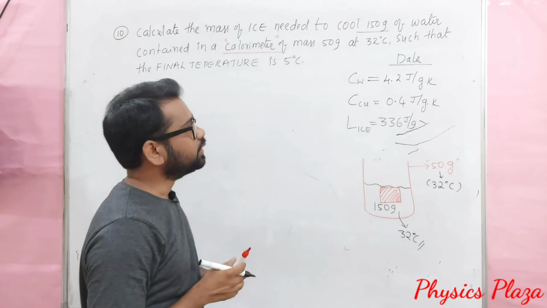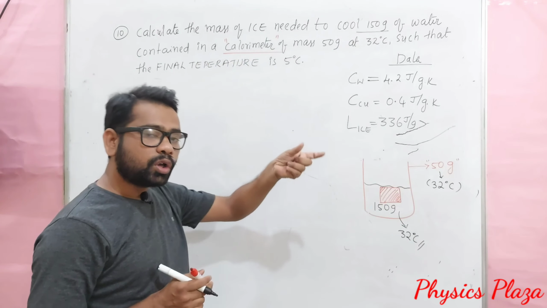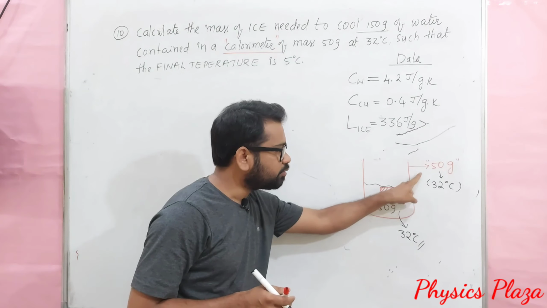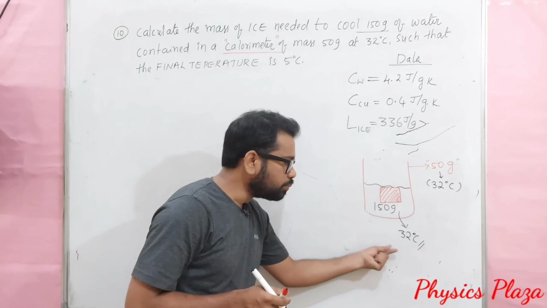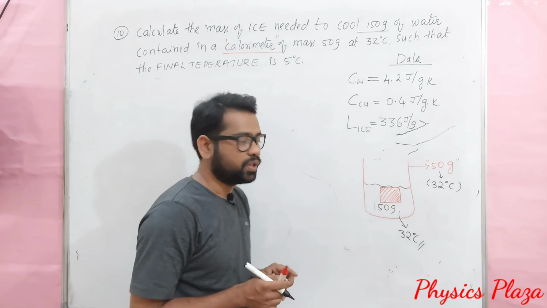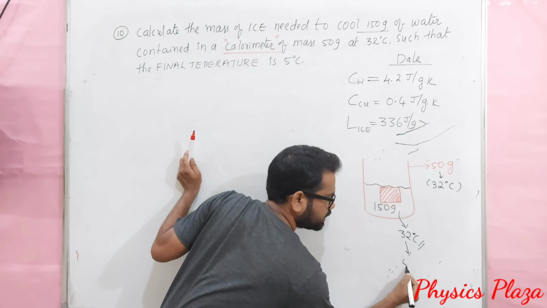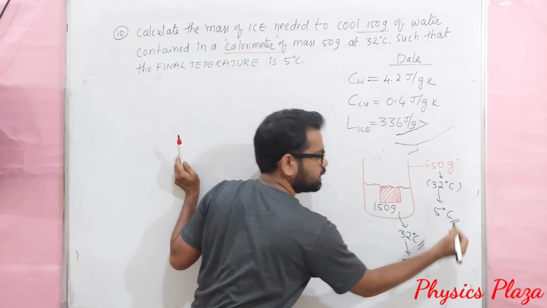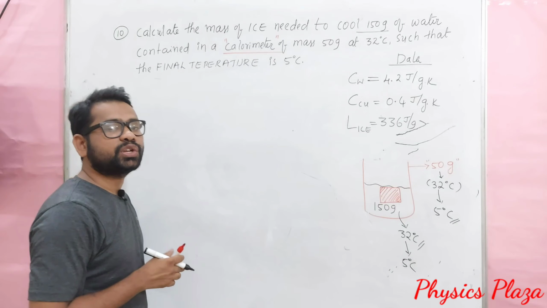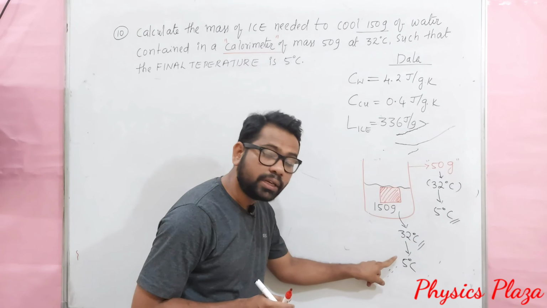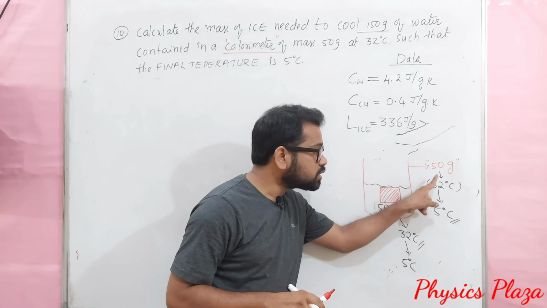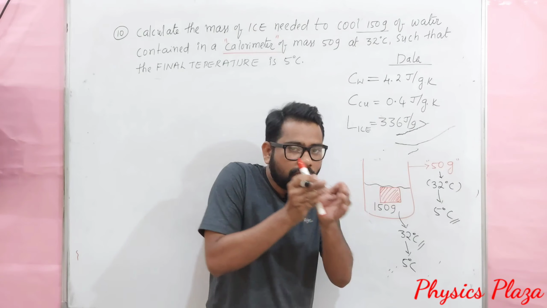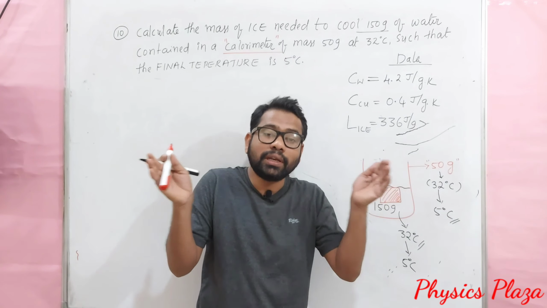They are saying that when we add some amount of ice to this water of mass 150 grams, taken in a calorimeter of mass 50 grams, the temperature is reduced from 32 degrees Celsius to 5 degrees Celsius. Which means even the container vessel decreased to 5 degrees Celsius. So what is happening, dear children? Water is going to lose heat, and at the same time the copper vessel also loses heat. Individually we have to calculate the heat lost by the water and the heat lost by the copper vessel, so then we get the total heat lost.